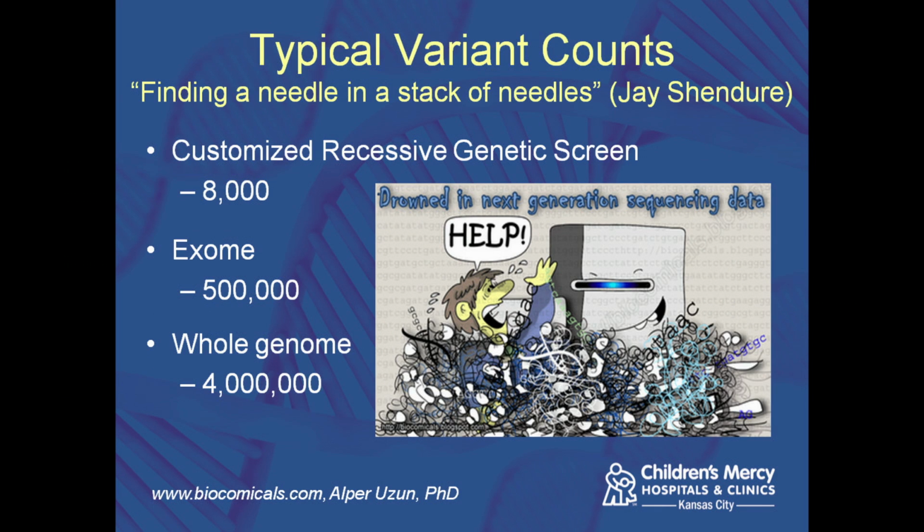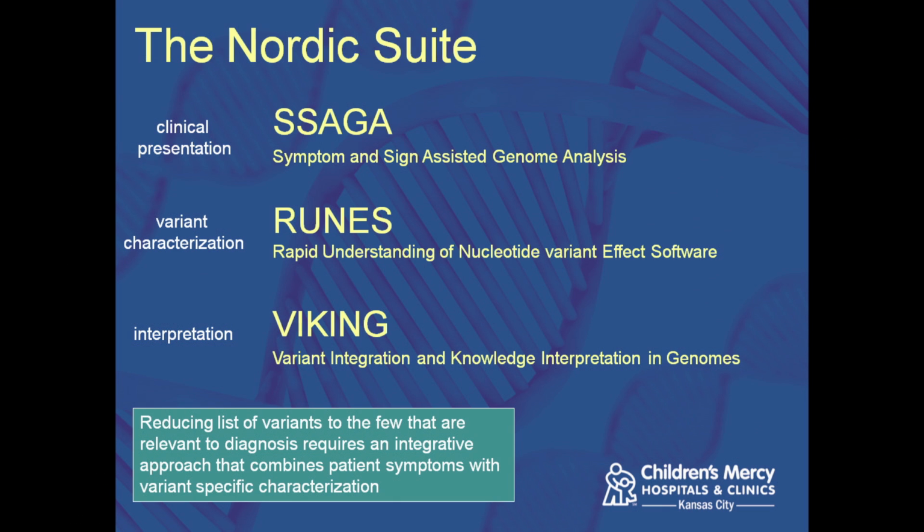Okay, so back to our problem of analyzing variants. So there's 3 different types of sequencing that we're doing most of the time here. The one we're mostly focusing on right now is whole genome, and so again, that's producing around 4 million variants per patient. The issue is finding the small handful of variants that are meaningful to the patient,